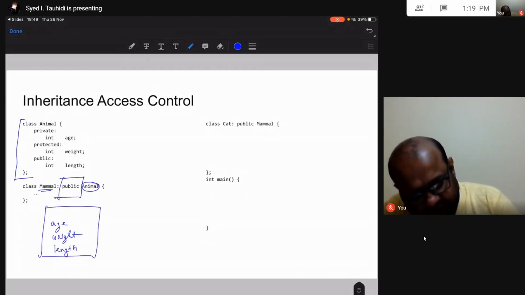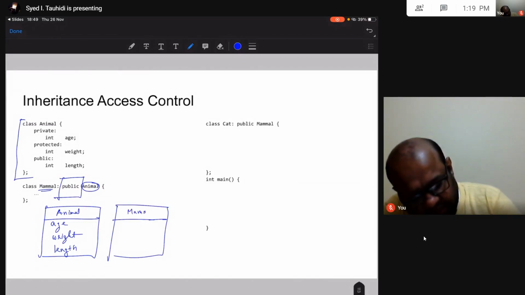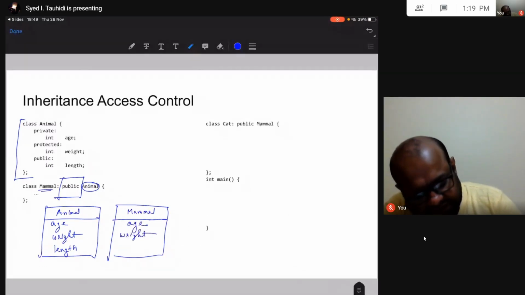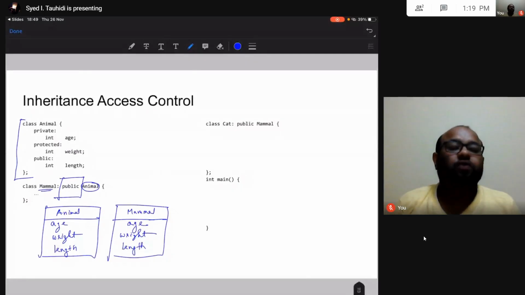This is my animal class and this is my mammal class. Mammal is going to inherit age, mammal is going to inherit weight, and mammal is going to inherit length.